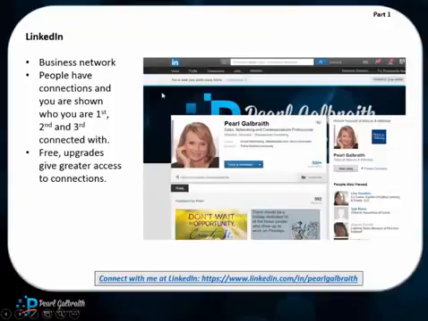LinkedIn. LinkedIn is the business network. Here you don't have fans and you don't do likes. What you do on LinkedIn is you have connections. So you have connections with other business people. You are then shown your first level, your second level, and your third level connections. LinkedIn is another platform that is free. Again, it is desired by professionals mainly. They are the overwhelming majority of the members. There are upgrades available. And if you want to connect with me and link me in as a connection, you can add me. Here is the LinkedIn address.